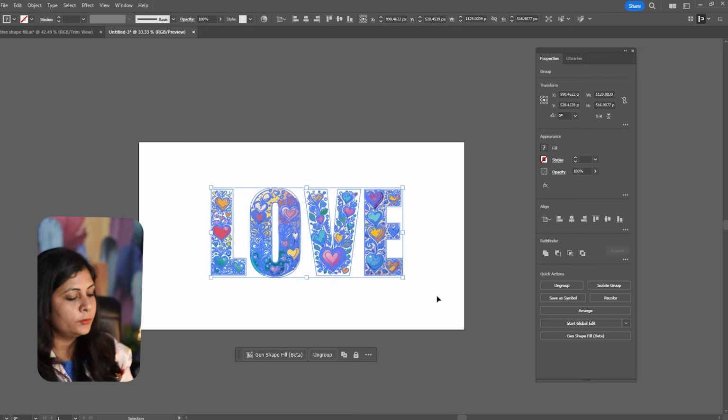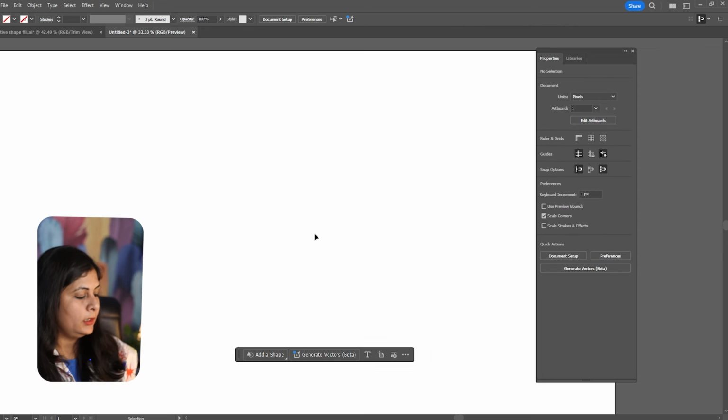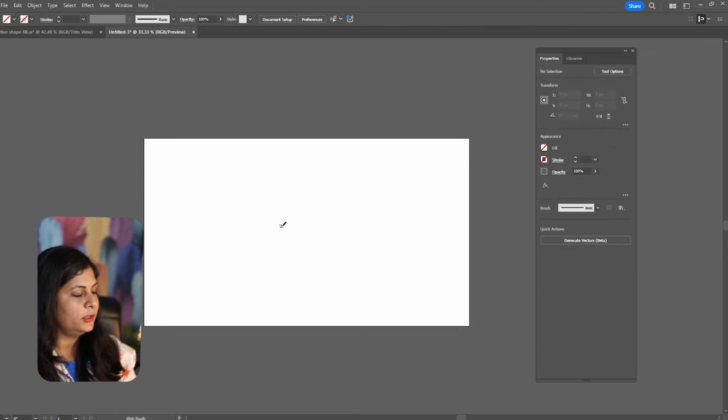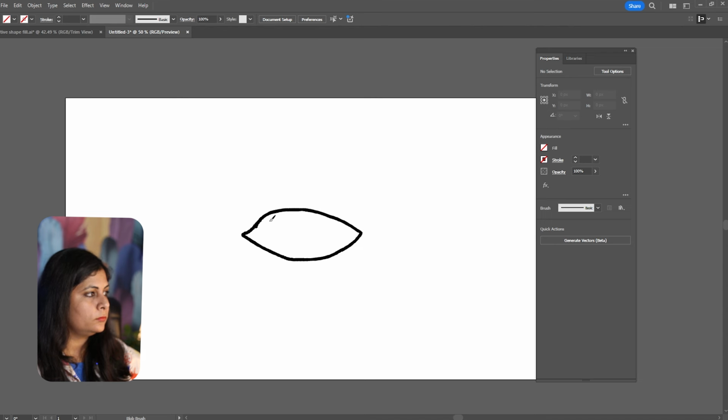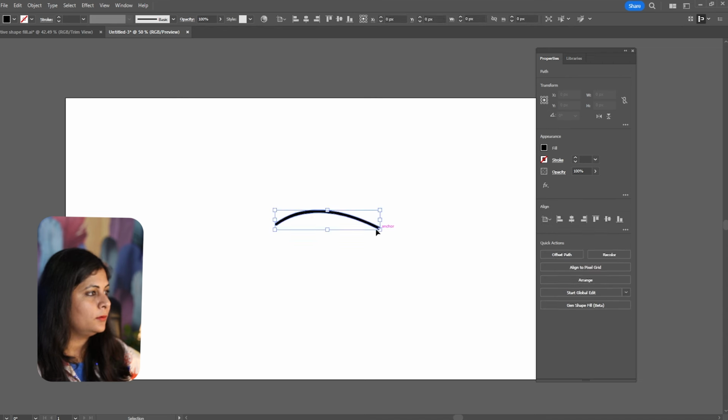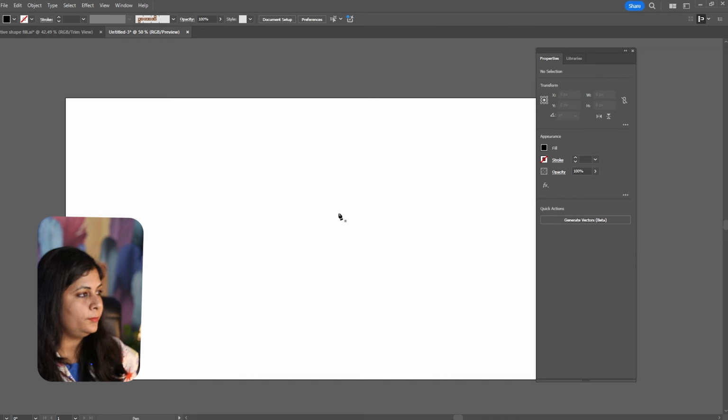Now here's another beautiful use. Let's say you have a very simple doodle. Let's draw something very, very rough today. Please don't judge my drawing from here. Sorry, let's do it with the pen tool only.